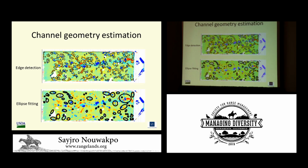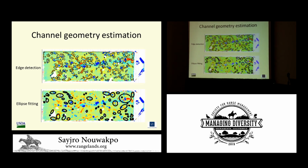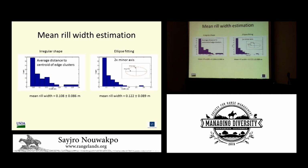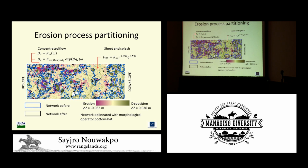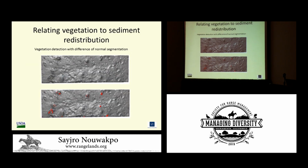We can get channel weights, we can segment the surfaces out and try to define some more advanced ways to get channel network characteristics. So this is saying the same thing. We can get the channel network, the delineated areas of the channel networks, we can test our concentrated flow erosion equations in those areas, and test in the other areas the sheet and splash erosion equations. And we can also look at the influence of shrubs,